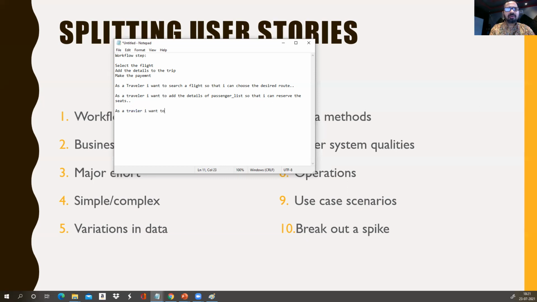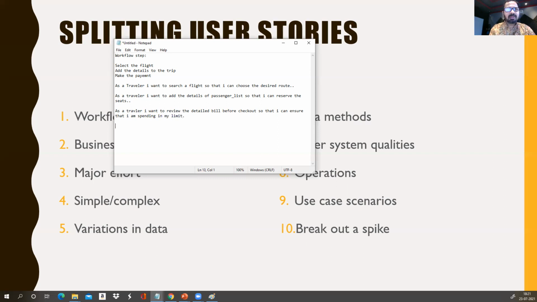As a traveler, I want to review the detailed bill before checkout so that I can ensure that I am spending within my limits or budget.